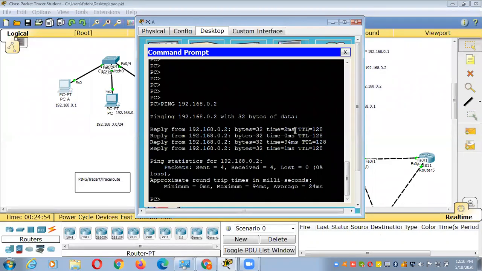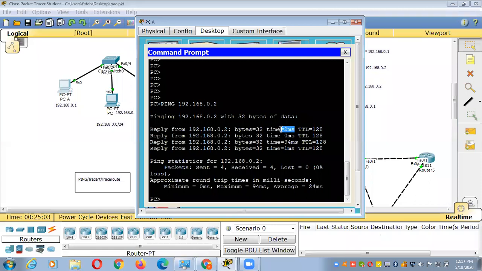If you are receiving 5 milliseconds, fine. But if you want to check internet connectivity and you are pinging Google, but the time is 500 milliseconds, what do you understand? Yes, a delay. That is called delay, meaning network congestion. There is a delay in your network.